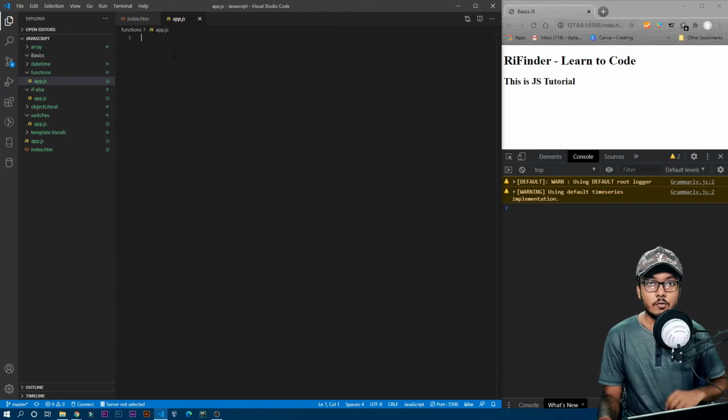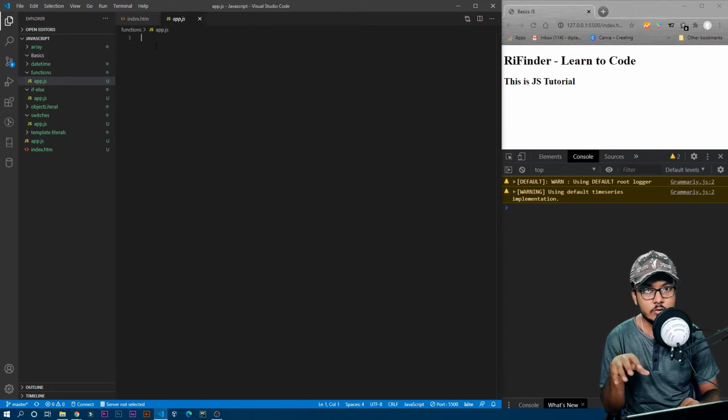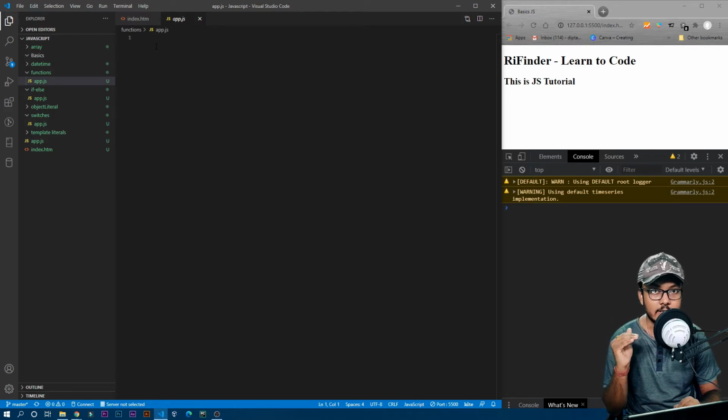So guys, now let's learn about functions. A function is basically when you want to do something a lot of times throughout the code, you can just make that portion into a function, and whenever you need to run that particular section, you can just call the function. You don't need to write that code again and again whenever you need it. You can just call the function and it will do it for you.